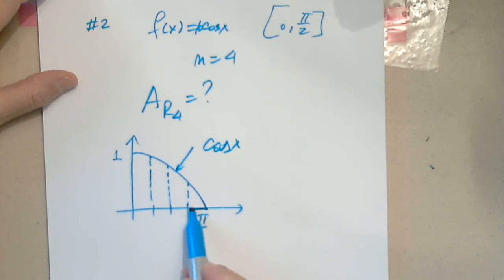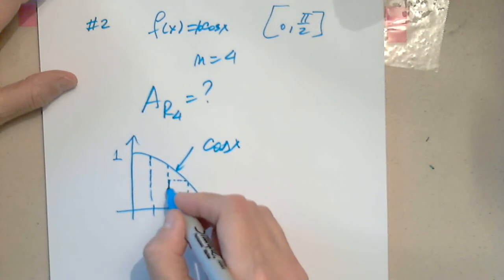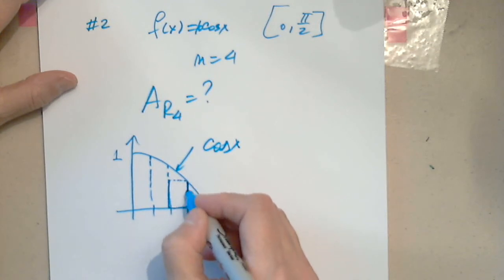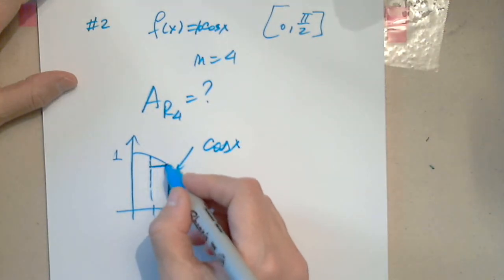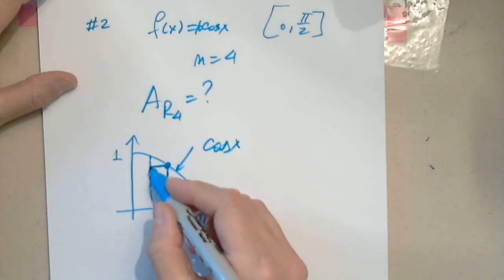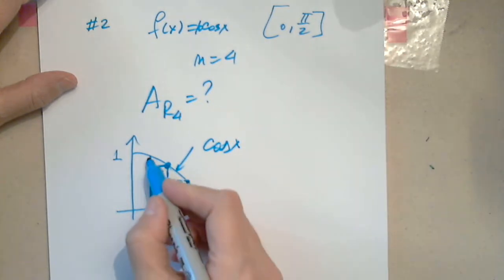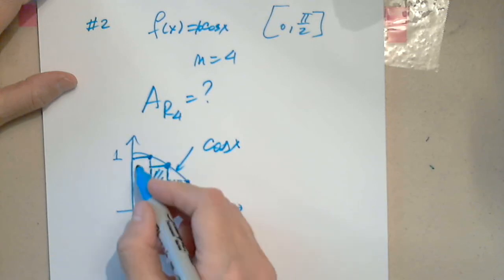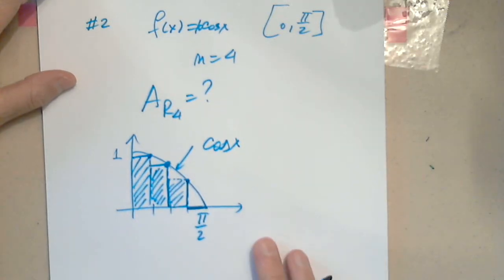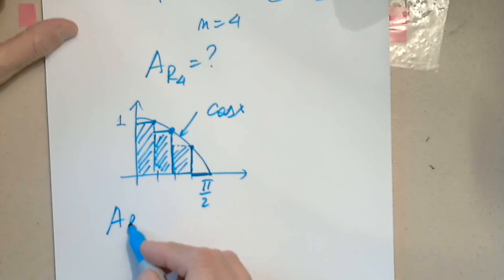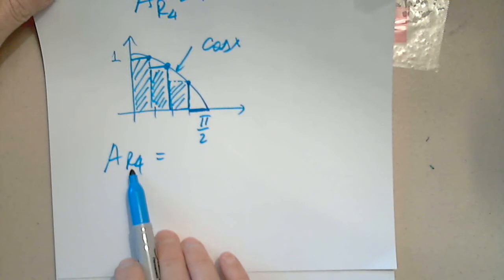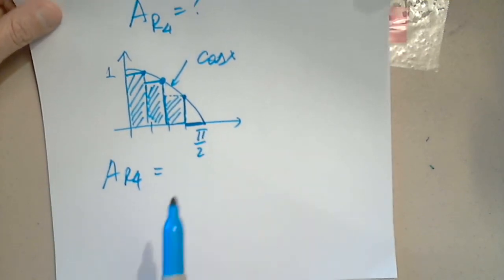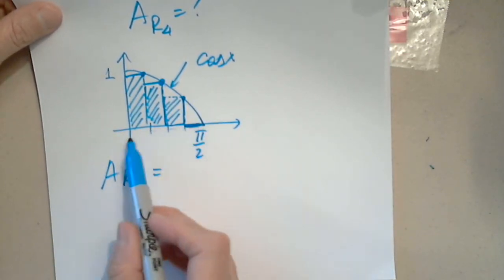For the rightmost point, this is this rectangle, with the height here at the function. The next rectangle is the height here on the function, of course. And the last one is here, of course, on the function. So when I determine the area using the rightmost point with 4 subintervals, first I have to determine this piece,